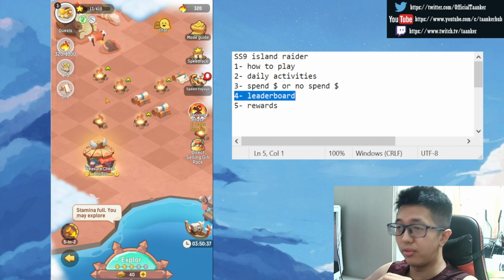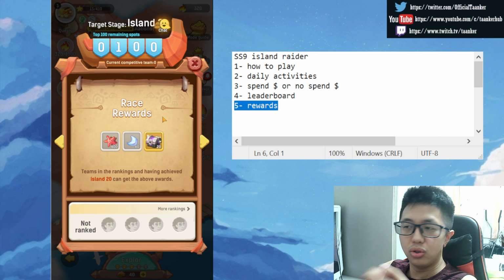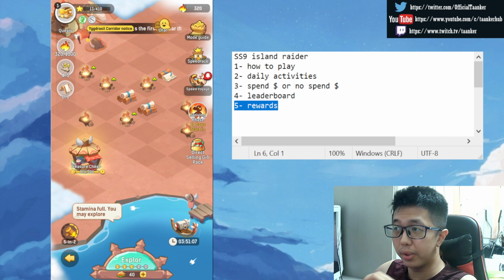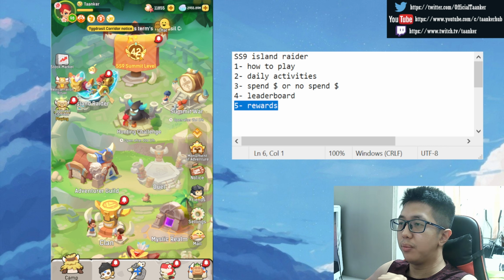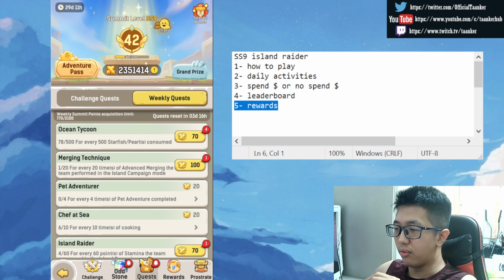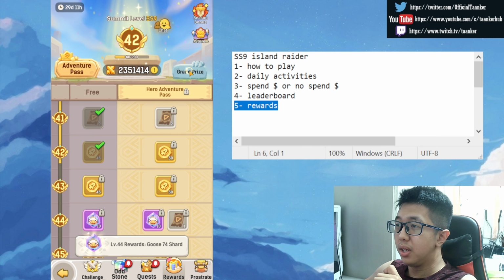Now, the final thing I want to discuss is the rewards. Once you finish and get to the very top, what do you actually get from all this? Do you get this? No, if you don't participate in the race, you won't get that. Now, what will you get eventually? Well, that's a good question. You will get all the events through, where was it again? Yeah, the rewards over here. So the grand prize, again,